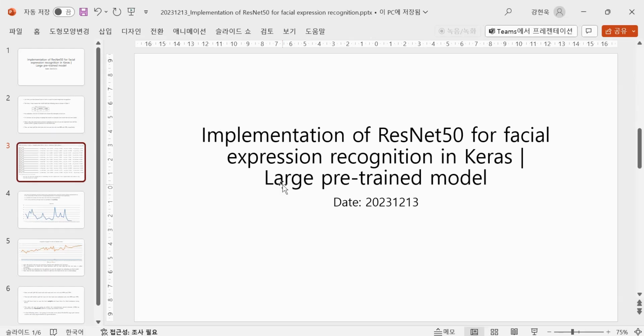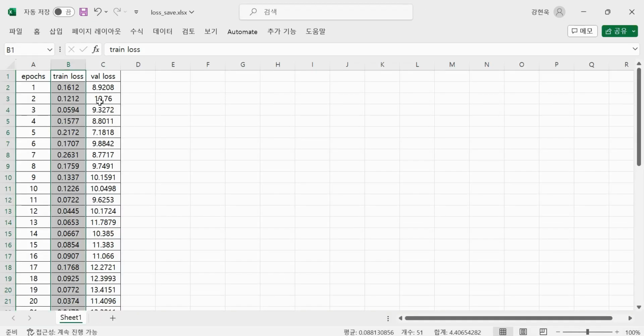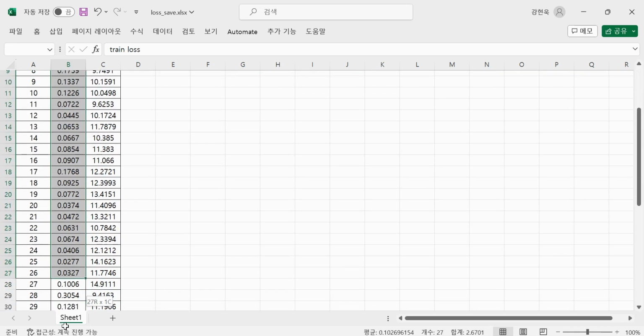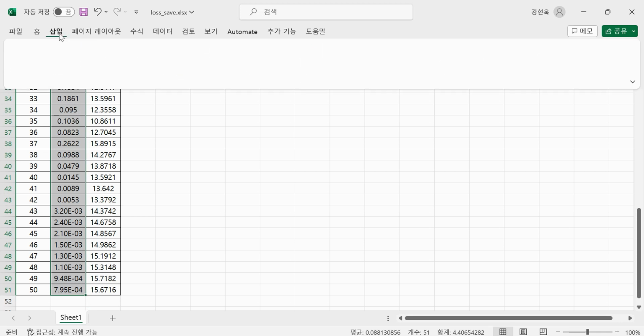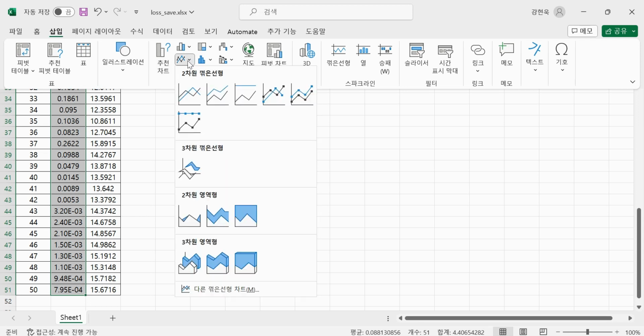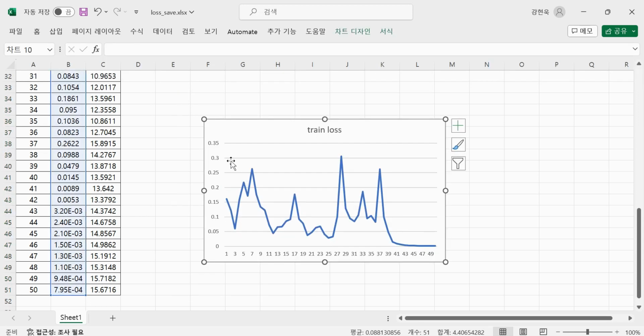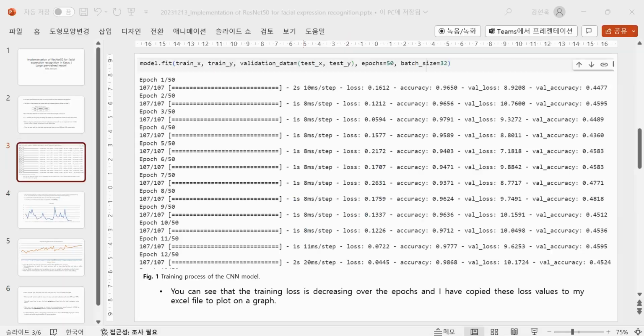So if I show you my Excel file, I have written down the train loss values and validation loss values for the corresponding epochs. And if you drag them like this, you can see a graph of these loss values for 50 epochs by clicking this chart. So going back to the slide,